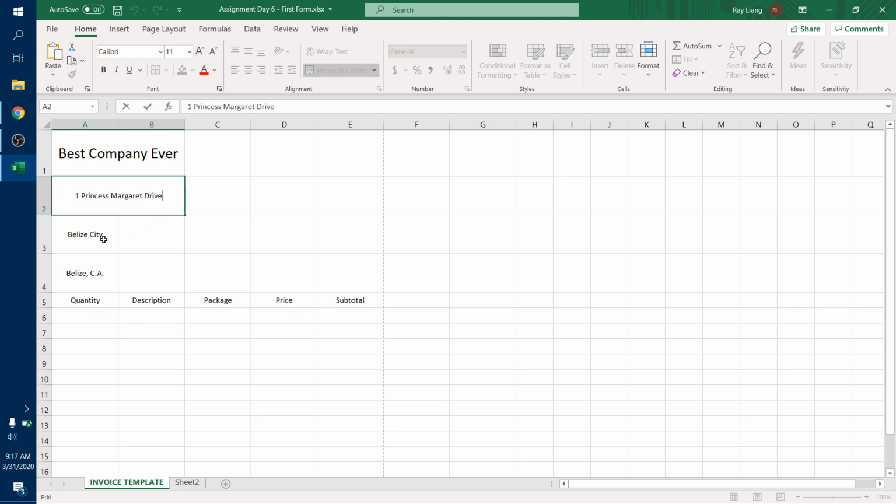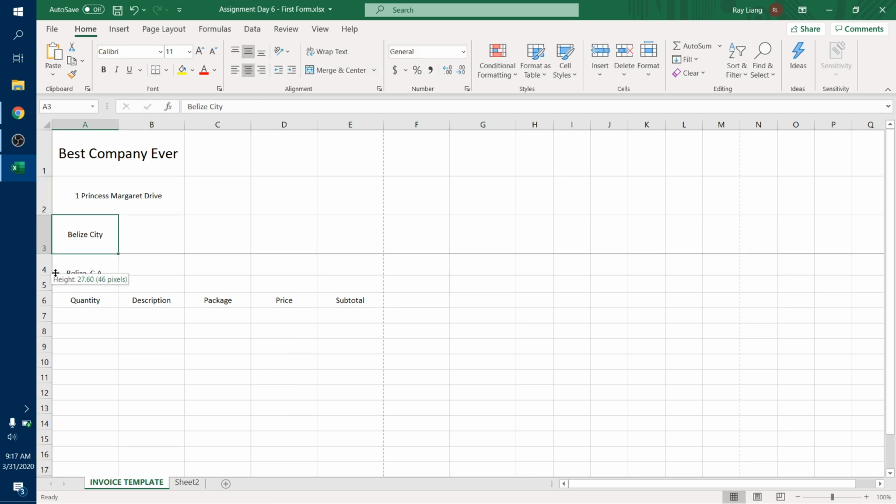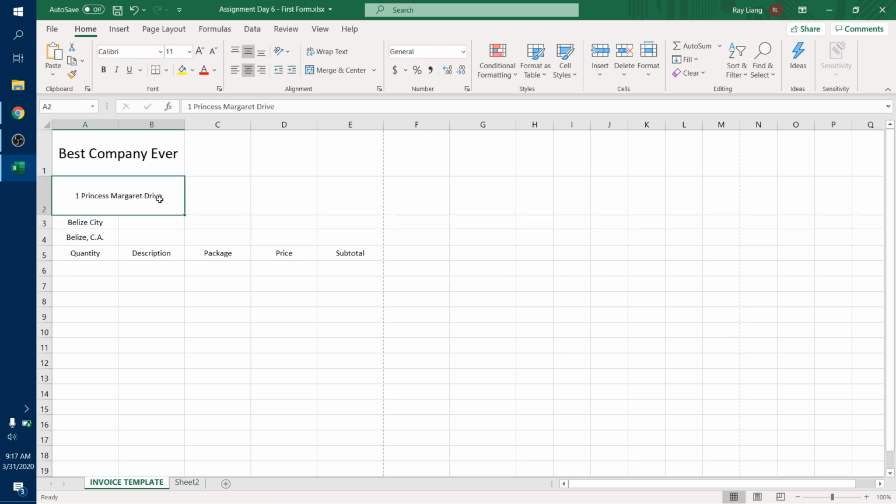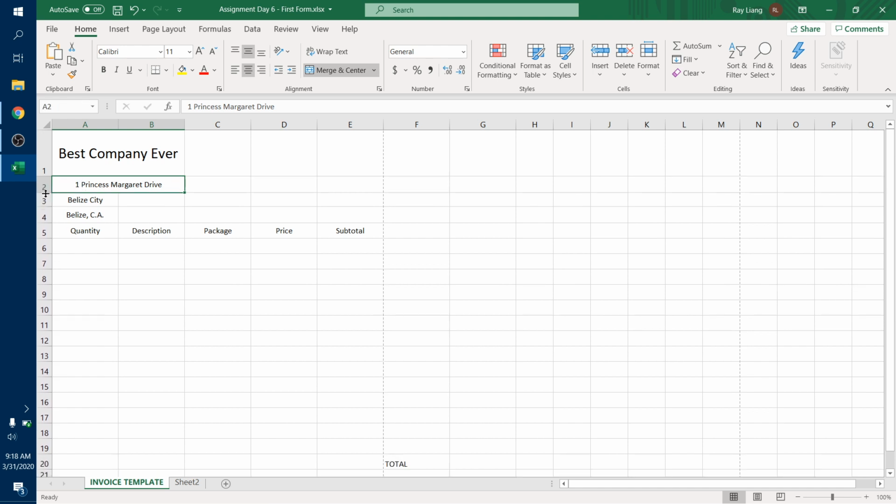Actually no, what happens here is I have to adjust the row height. The reason is when you press enter within a cell, it doesn't skip a line. For example, if I'm here and I'm typing and I press enter, note it just goes to the next cell. So what happens is I need to go and reduce the heights, and then here I'm gonna make it be left aligned